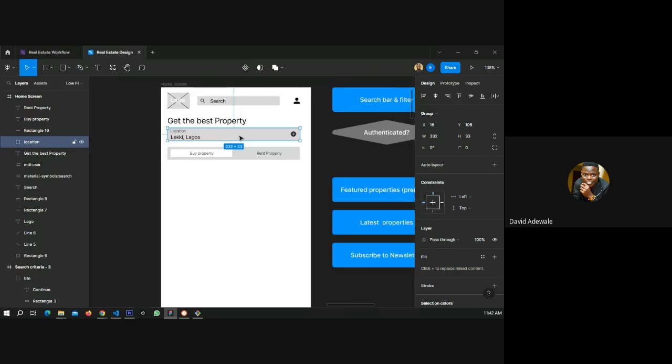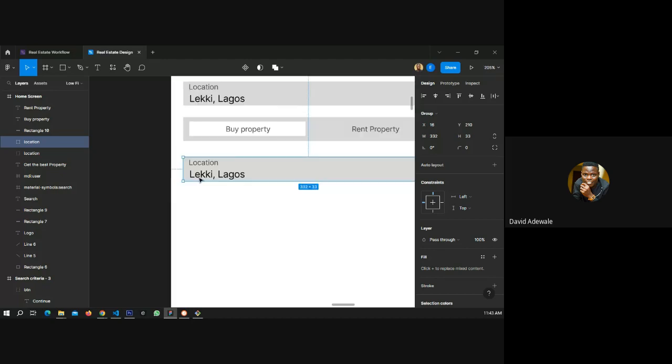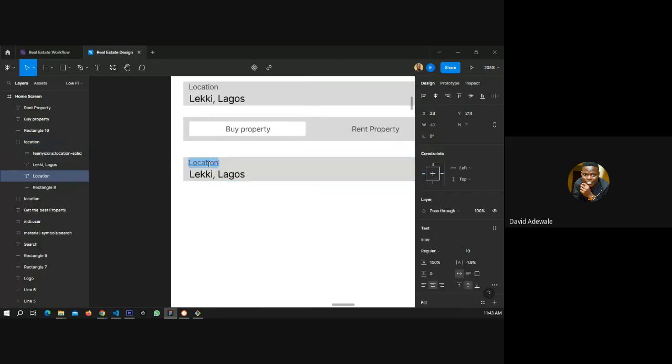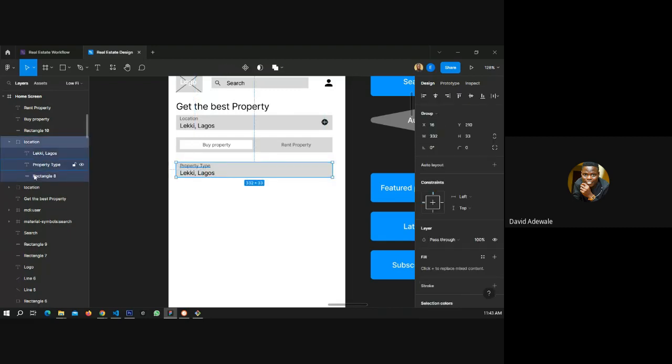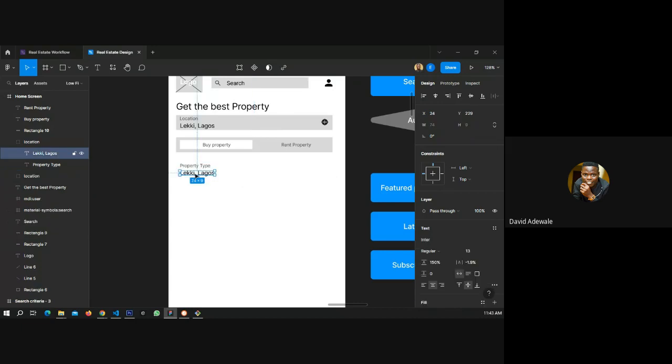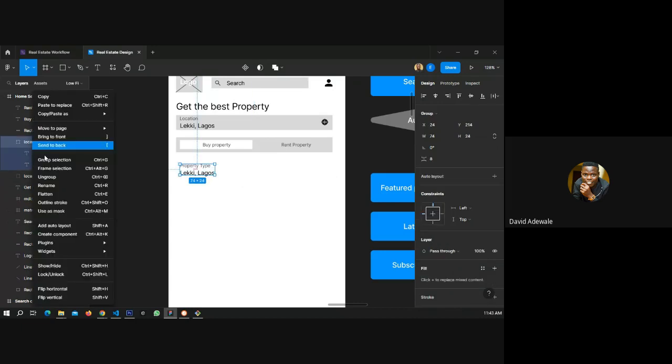I have these duplicates. That is how designers do at times. The drop down too is good. So property type, have this guy at center. So I delete this. I delete this. Group this.